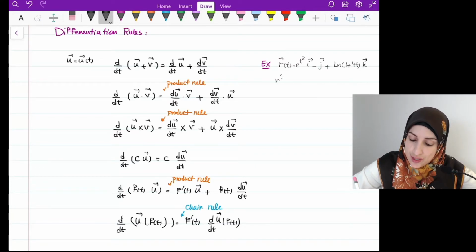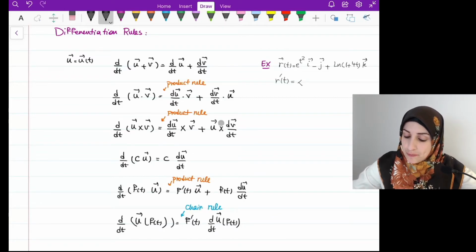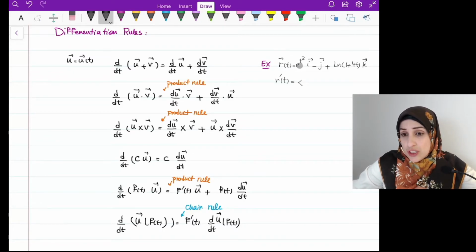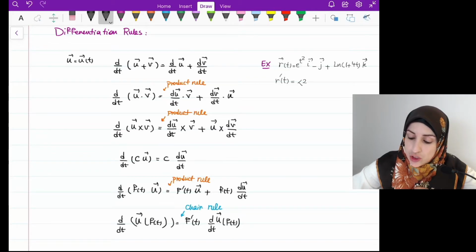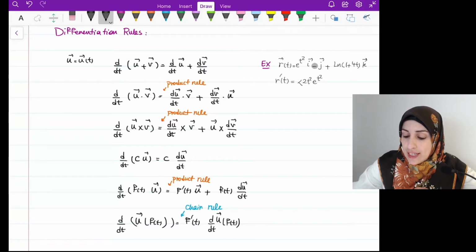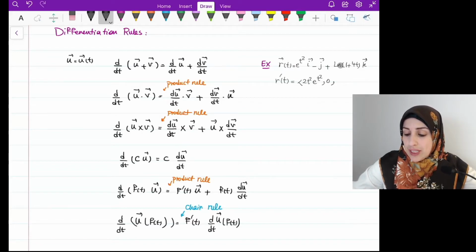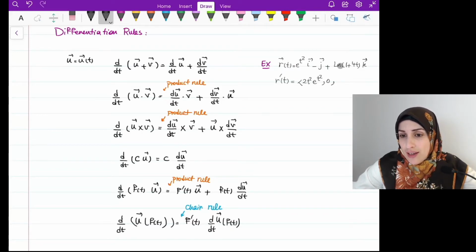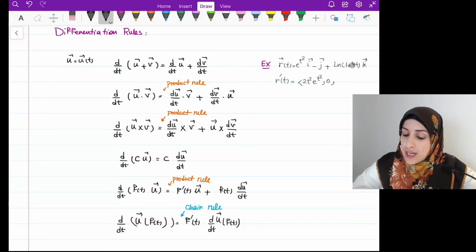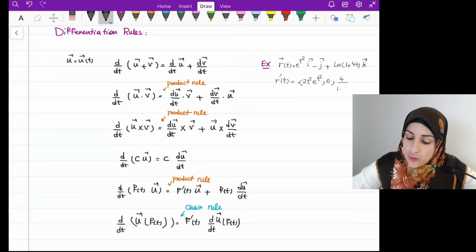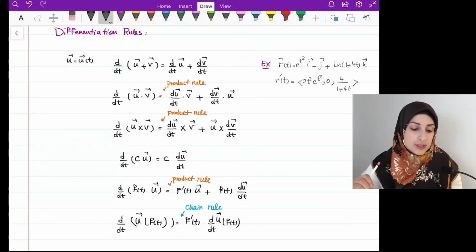The derivative of the first one, using chain rule, would be 2t e to the t squared. The derivative of the second component is -1, so the derivative of that would be 0. And the third component is natural log, and the derivative of that would be 4 over 1 plus 4t. That's how we use